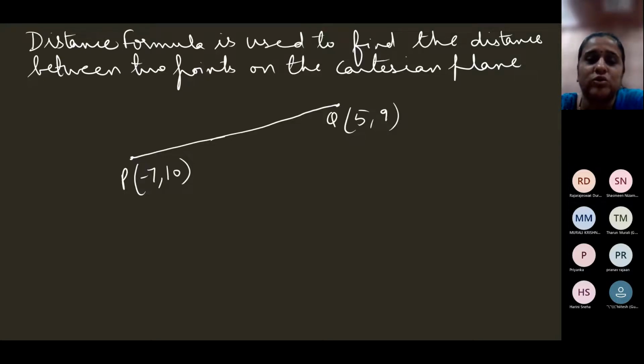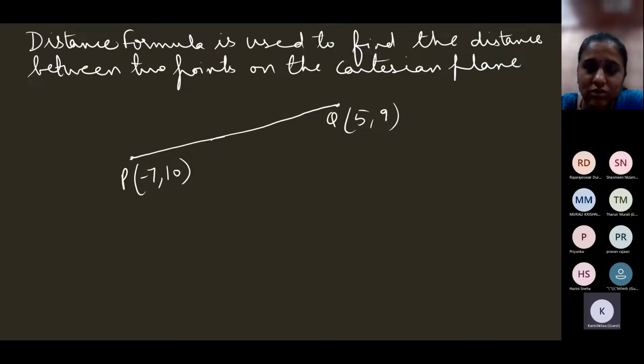So what is it that you need to use the distance formula? Like, for example, to find the area of a rectangle, you need to know the length of the rectangle and the breadth of the rectangle. If you know these two values, then you can find the area of the rectangle, L into B. In the same way, to find the length of this line segment PQ, using the distance formula,